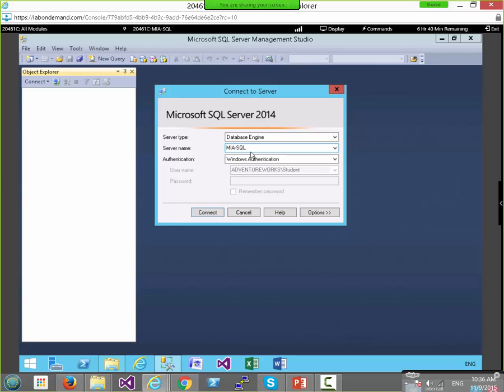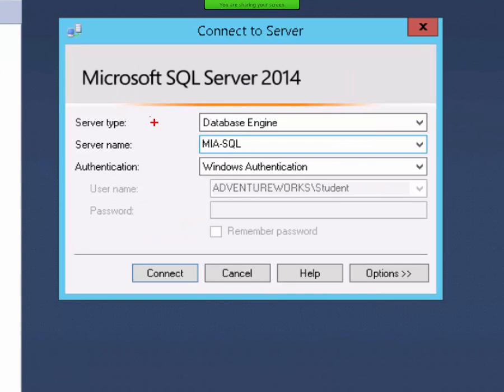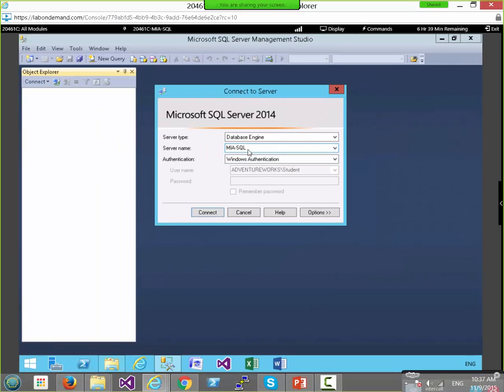Alright, so here's a server name. Who do we want to talk to? That simply means we want to talk to the default instance. And if we want the second instance, we can do SQL 2 or SQL 3 for any other instance that we want to do. Alright, so we're going to do MySQL, and by clicking on connect,